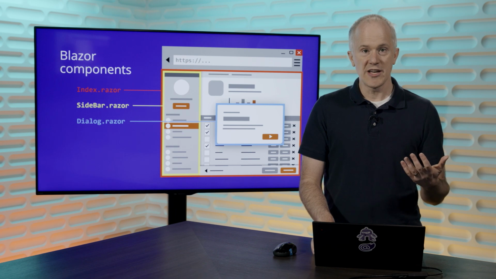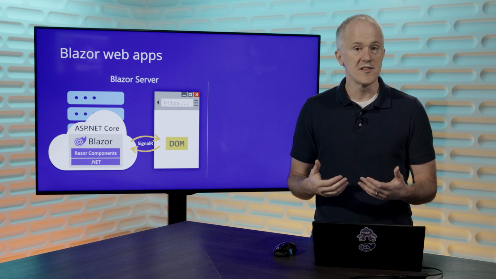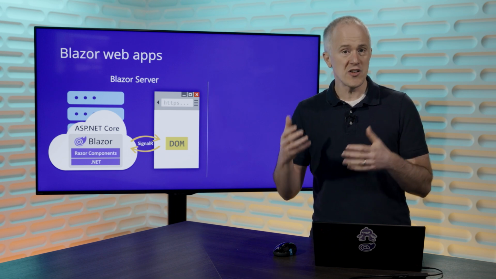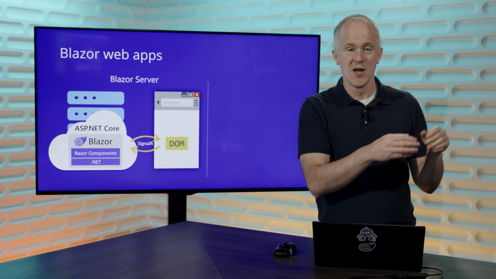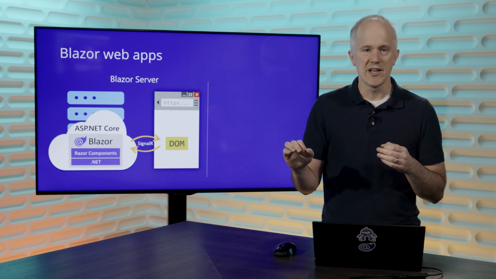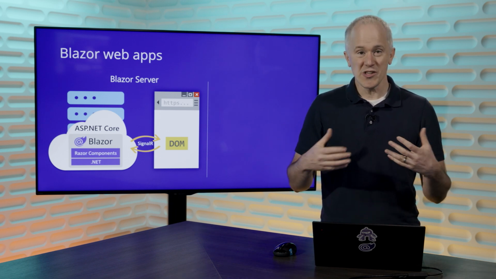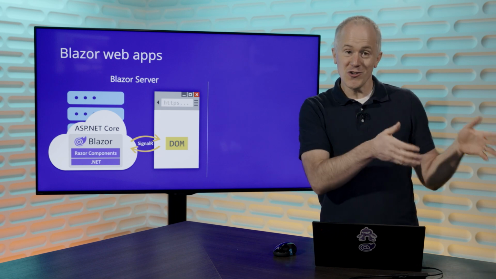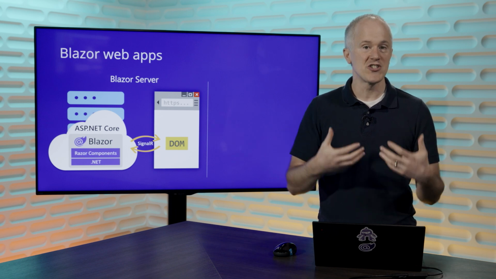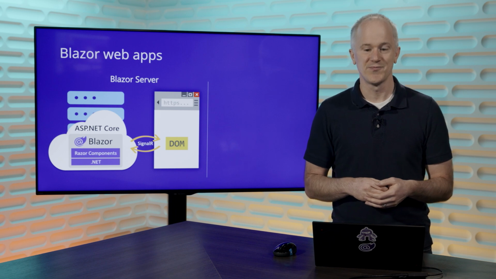So then you can take your Blazor components and you can actually host them on the web in one of two different ways. The first way we call Blazor Server. In a Blazor Server application, your components actually are running from the server, but they handle all UI interactions and UI updates over a real-time connection with the browser. Blazor Server apps load fast, and they can really simplify your app architecture because all your code is still running from the server environment. But at the same time, you still get that rich, interactive web UI experience that's characteristic of a JavaScript-based web application.